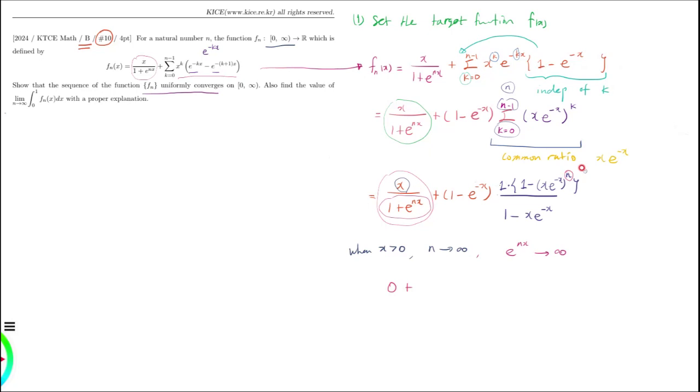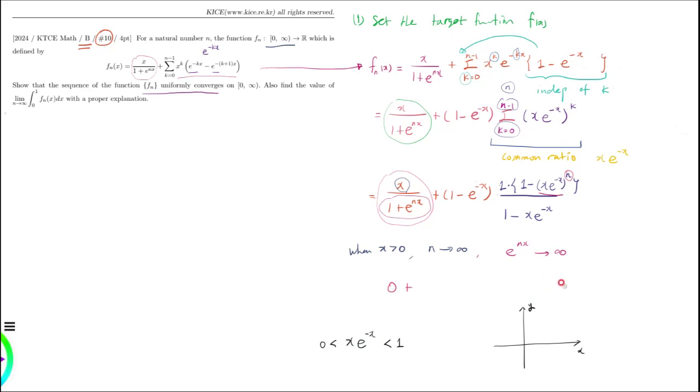When n goes to infinity, x times e to the minus x here. So let's take a look at the function x times e to the minus x here. As you can see, this is between 0 and 1 because